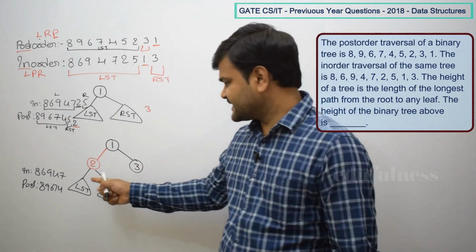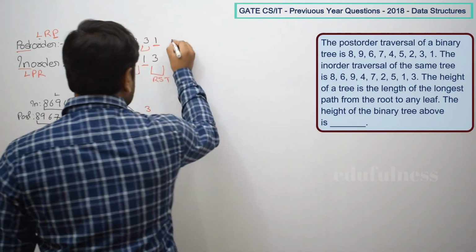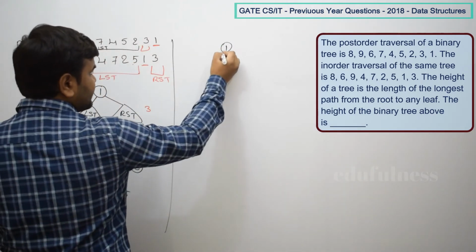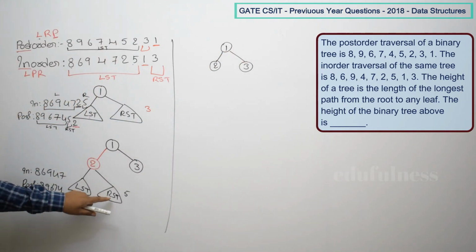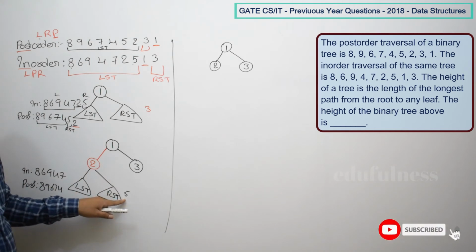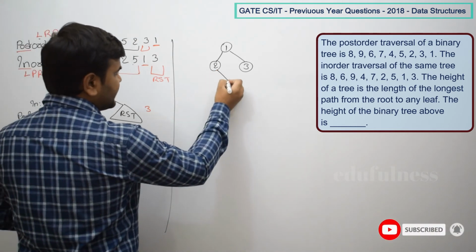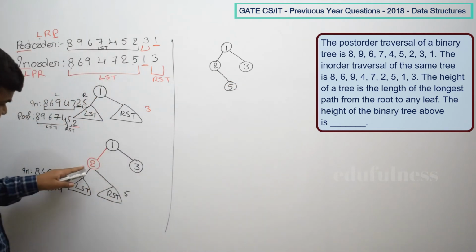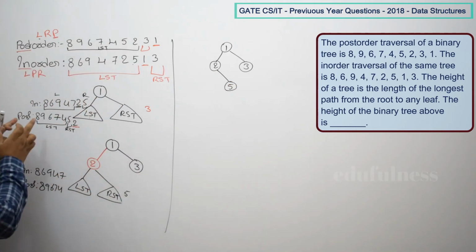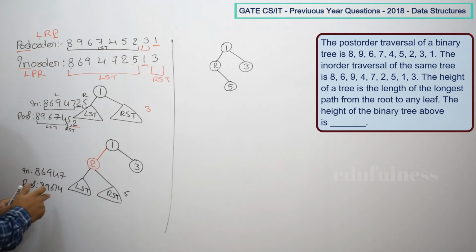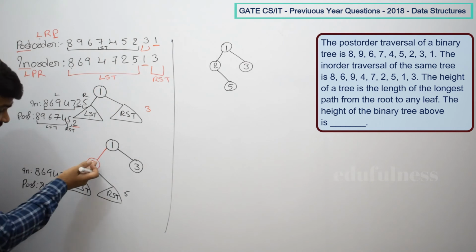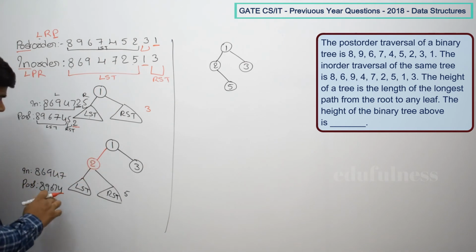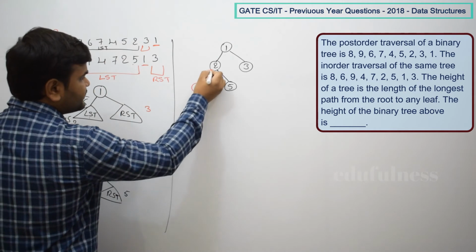Okay, so now next if you continue, so 1 is there, next 2 is there, 3 already fixed. Now right child of 2 is also fixed because only one node exists, so you can take directly 5 here. Now who is the left child for 2? Recursively, the same process you followed here, we are going to follow here. So in the post order, whoever is at the end, that will become the root node in the left subtree. That means that is the left child of 2. So that means 4 is the left child of 2.